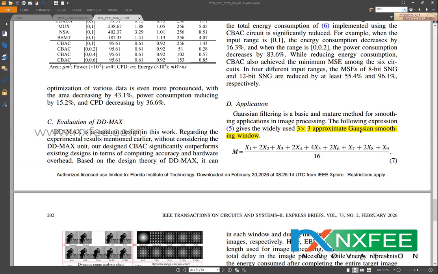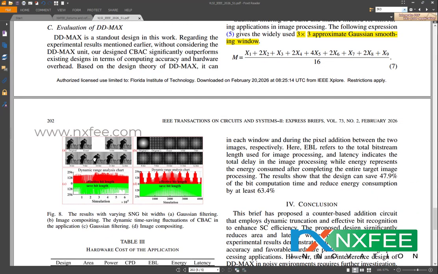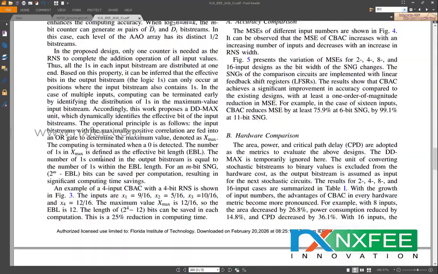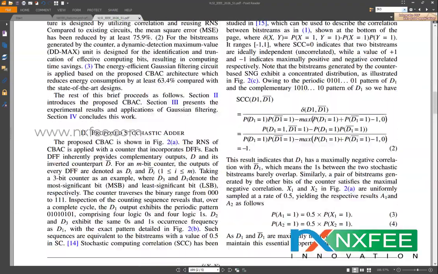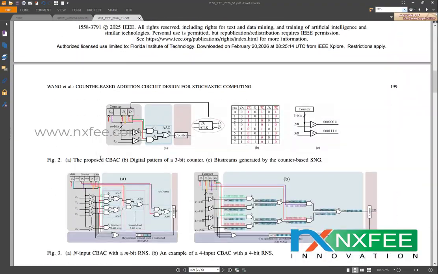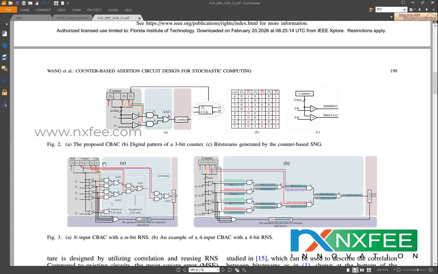They designed a 3 cross 3 approximate Gaussian smoothing window. But in our work, we design only the counterpart of the mean value, for 2 cross 2 and 3 cross 3 only. We have analyzed these for this project. If additional novelty is required, we can elaborate this work and use it in multiple applications. First of all, we need to prove these architectures with good comparisons.